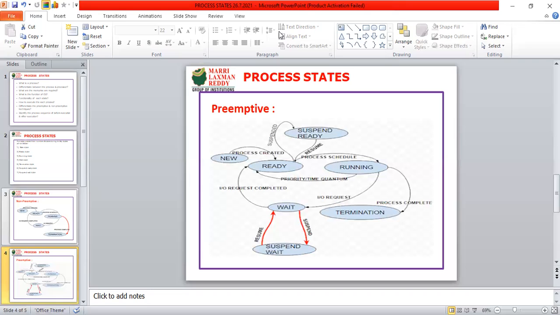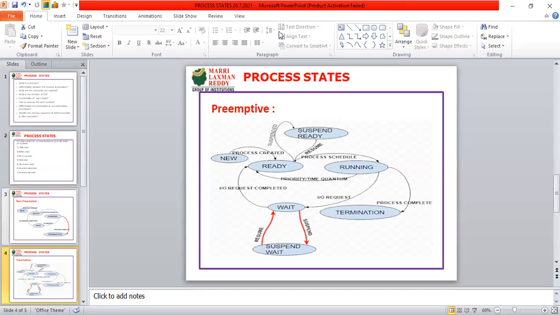That is a very good system. Now, in some cases, when there are many processes, the ready queue is full, meaning main memory is not enough. In that situation, the upcoming processes are stored in the suspended ready state. Whenever the ready queue is free, the suspended ready state processes are assigned to the ready state.